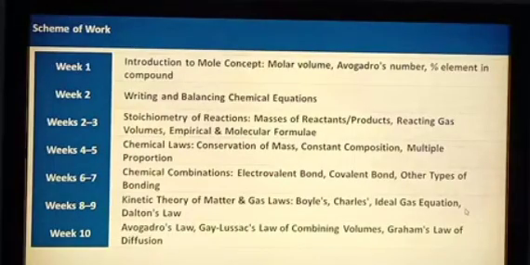And then we have weeks 8 to 9, where we'll be looking at kinetic theory of matter and gas laws. The gas laws include Boyle's law, Charles' law, ideal gas equation, and Dalton's law. Then week 10, we have Avogadro's law, Gay-Lussac's law of combining volumes, Graham's law of diffusion. Now, the first topic we have